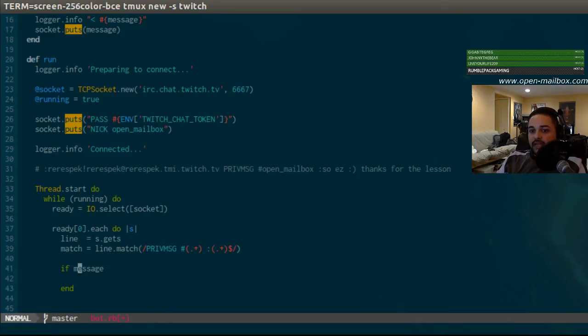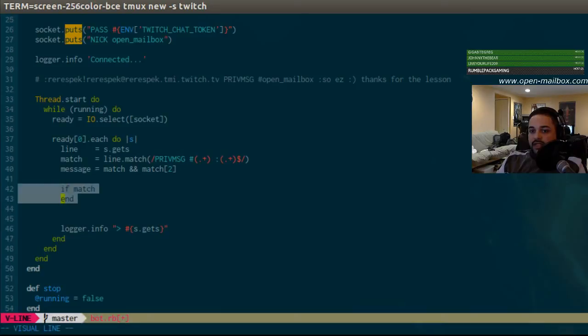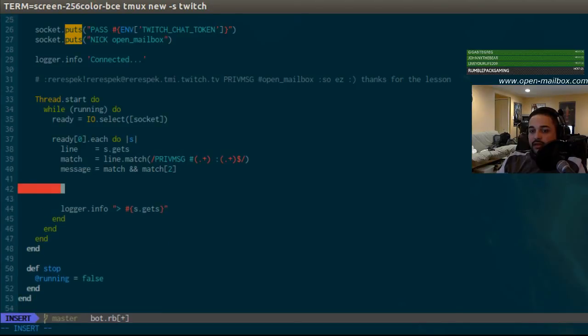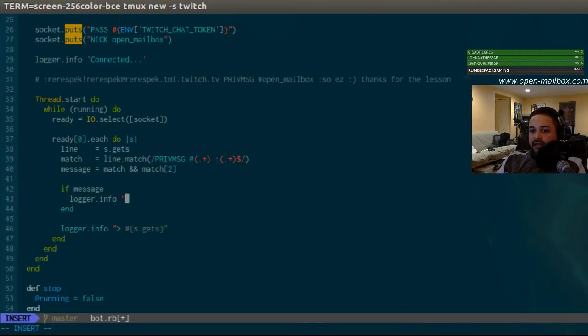Let's say if match is present, then message equals match and match two. That should give us the actual content of the message, right? And we'll test that by saying if there is a message, let's print a message, and then the actual message.